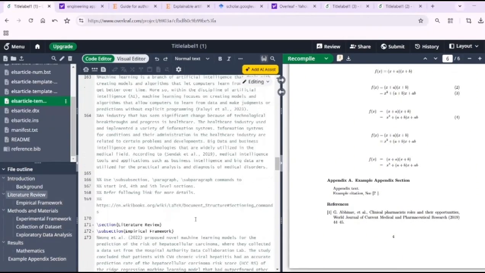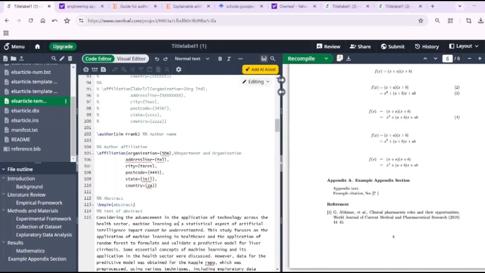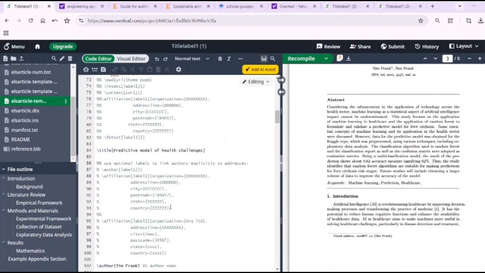Once you do that, there is another method you can use. You can just connect your Zotero without having to be copying all those big texts from Google Scholar. So it's another way, but we're going to do that in another video. So this is the introduction. Now we go to